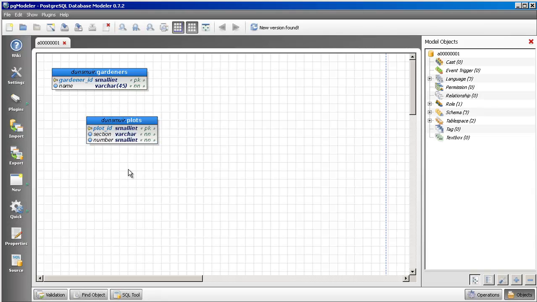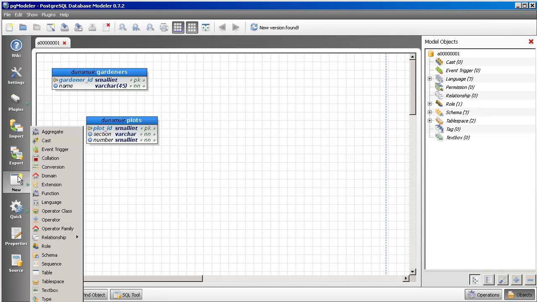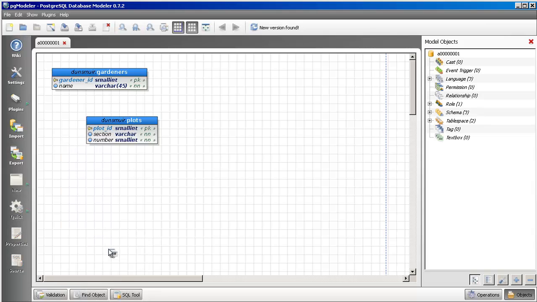Now, I want to have a relationship of one-to-many between gardeners and plots. So a plot is managed by only one gardener, but a gardener can have several plots. The key to any of these modeling tools is: do I click on the one table or the many table first? The MySQL Workbench, many. In this tool, you click on the one table first, which is the gardeners. So one gardener can have many plots. So we go relationship, make sure you pick one to many, click on the gardeners table and then the dunsmuir